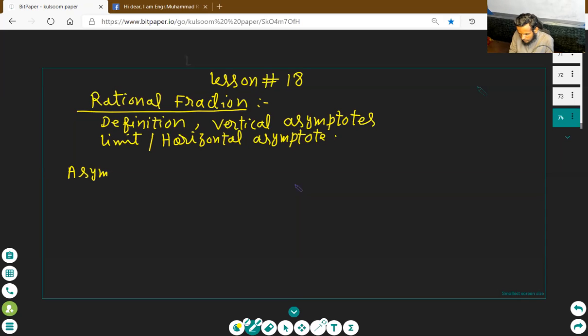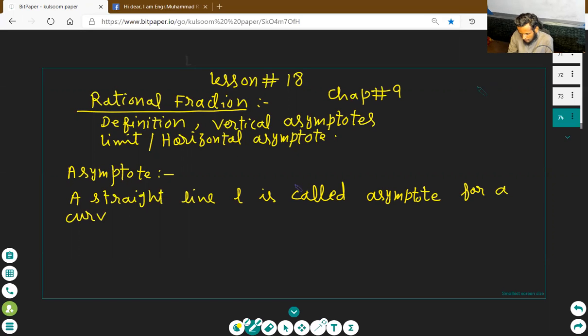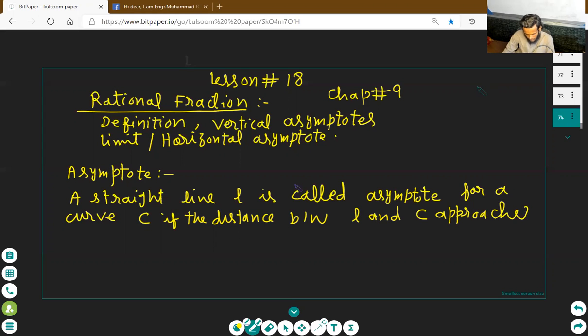Asymptotes. It is our chapter number 9. A straight line L is called an asymptote for a curve C if the distance between L and C, line and C meaning curve, approaches zero